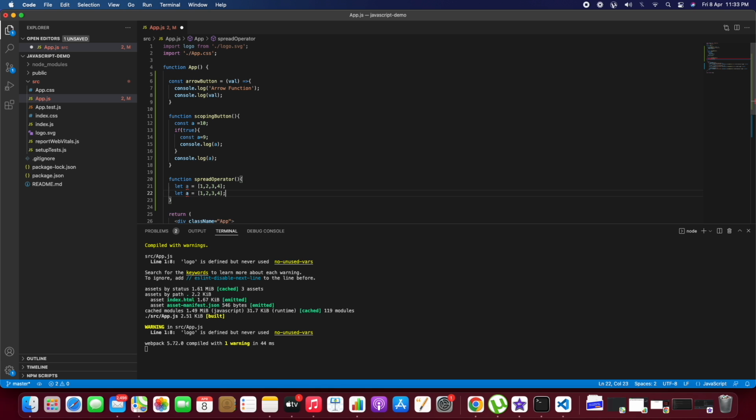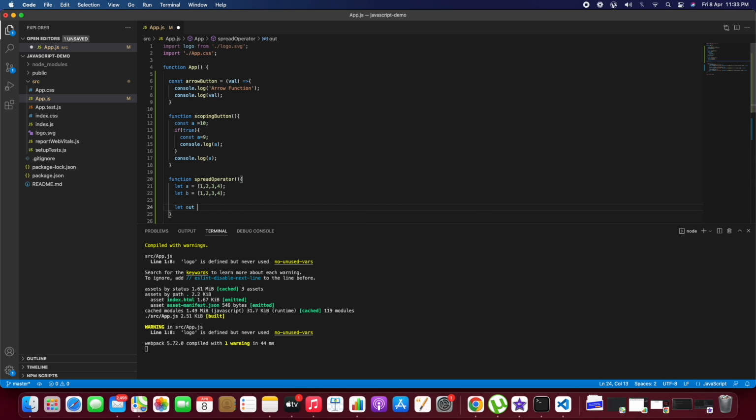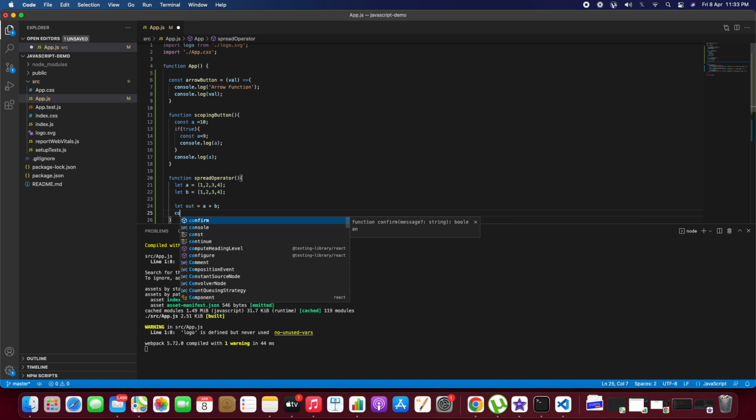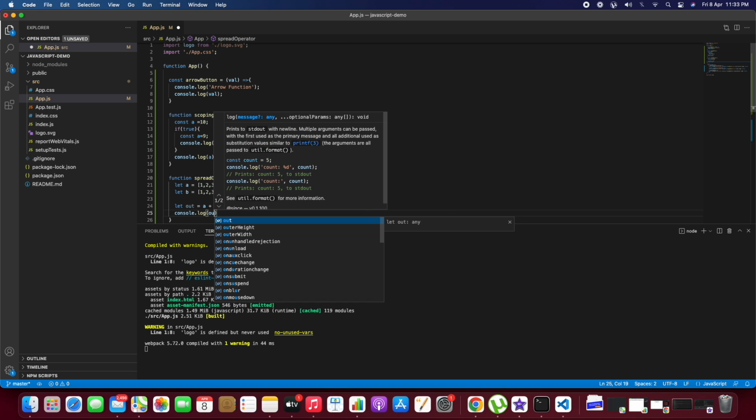Similarly, we will create one more array. Let's take it as b. So we need to add a plus b. So 1 2 3 4 1 2 3 4. I want it like that. So let's try adding with a plus b. So we know that in JavaScript it concatenates. When we console.log it out,